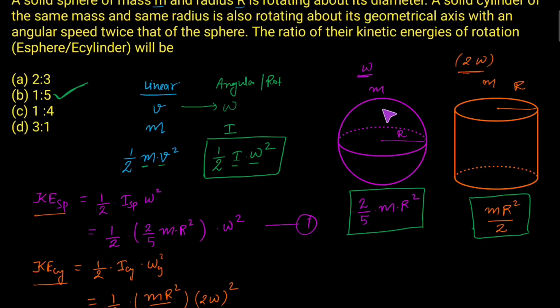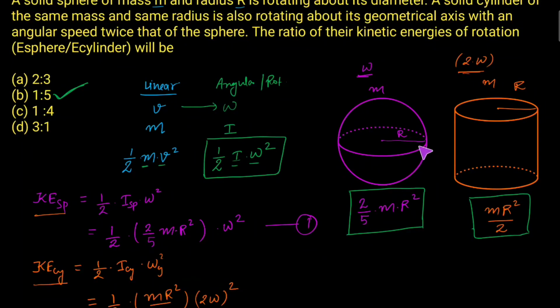Let me quickly revise this problem. First of all, I have just made this relation between the linear and the rotational motion. In linear motion, we have the concept of linear velocity; in angular motion, we have the concept of angular velocity. In linear motion, we have the concept of mass, and the mass equivalent in angular motion is moment of inertia. This is the formula for linear kinetic energy, half mv square. If we want to find the rotational kinetic energy, we have to replace mass with its moment of inertia, and linear velocity with its angular velocity. So this would be half I omega square.